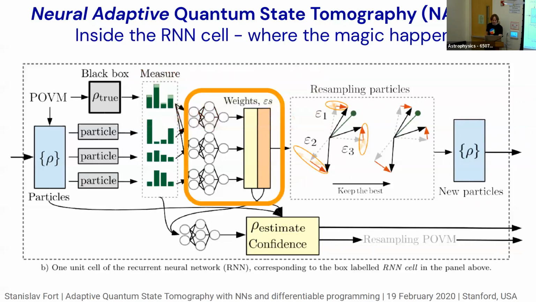Now, these structures here are neural networks, a symbolic representation of them. They actually don't look like this, but they're small, fully connected neural networks. And they take each of these histograms of measurements and then try to estimate distances between them. So they try to estimate the distance between the true measurement and the measurements of the individual particles. And they try to measure the similarity of the particles to the actual true state based on these noisy samples, these noisy distributions. But this is the cool part.